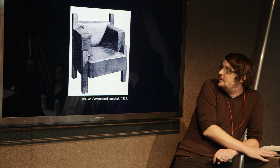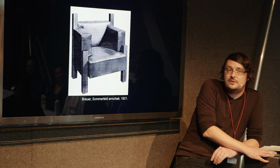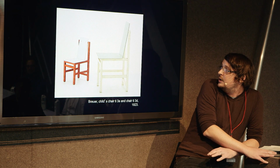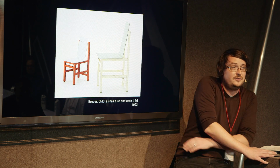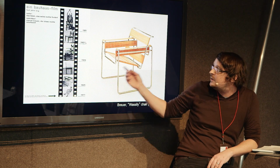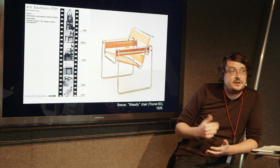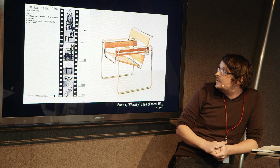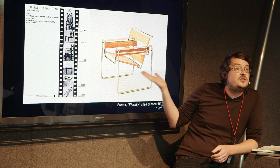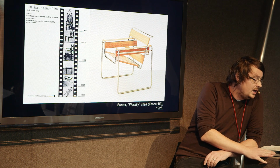And then he also leaves a bunch of his chairs out. He made many more designs. So ones that don't really conform to this linear trajectory towards the tension structure are eliminated, despite the fact that they're beautiful design objects in their own right. Culminating in 1925 with his famous design for the Vasa Lee Chair, named after his friend and fellow Bauhäusler Vasa Lee Kandinsky, where he really seems to have achieved the structural principle that he'd been working towards over all those